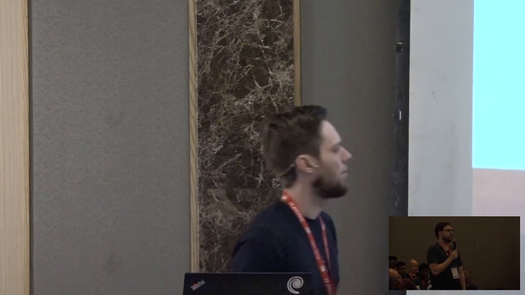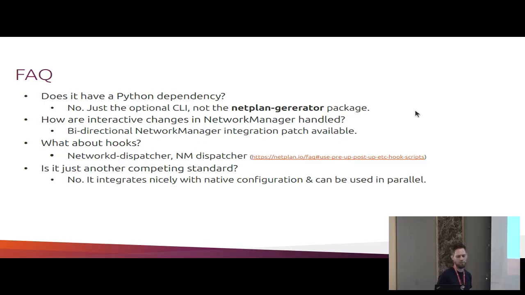We don't have native support for hooks in Netplan, and there is not really a plan to do that, as hooks are kind of problematic. For example, in networkd, which is the most modern networking daemon, they didn't implement hooks at all because they didn't want hooks to block the bring-up of the networking. They wanted it to be quick, and they wanted to avoid people putting in shell scripts that might be broken and block their networking. I mean, on the other hand, it's the person's fault if they put in broken shell scripts, right?